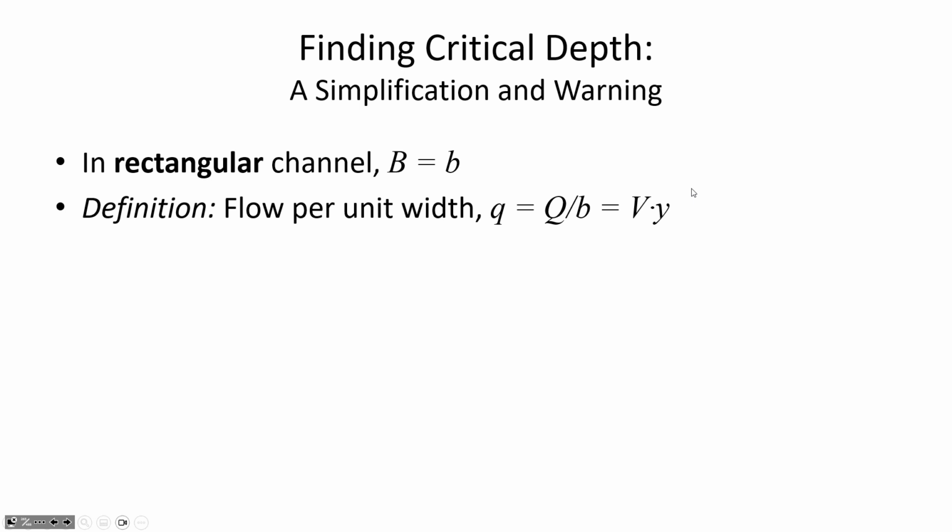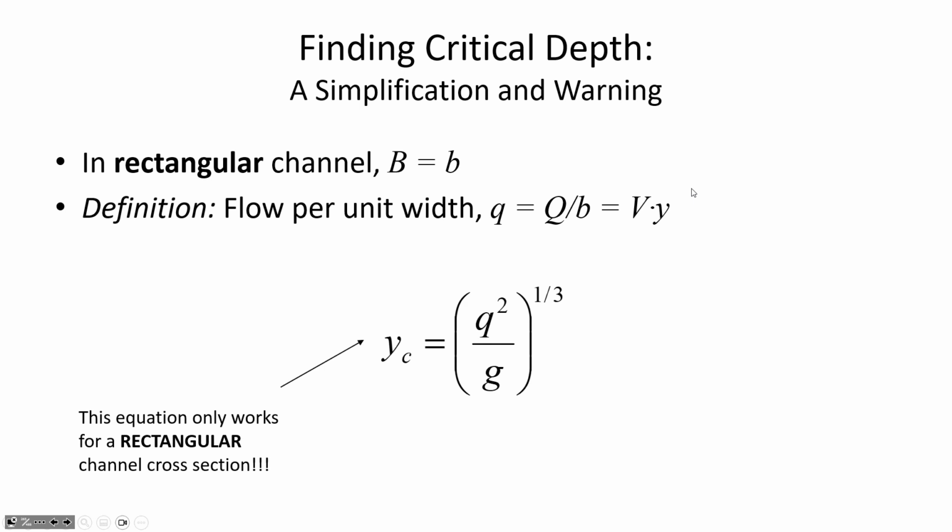And let's see, does the units make sense? If we've got meters per second and multiply it by the depth, we do get meters squared per second. So meters squared per second is the same thing as cubic meters per second per meter of width. So how many cubic meters per second per meter of width is the same as meters squared per second? It's the same. Okay, so if you know the flow per unit width, then you can calculate the critical depth,